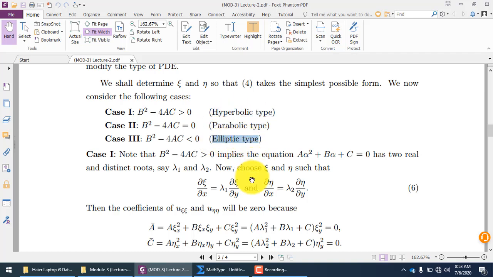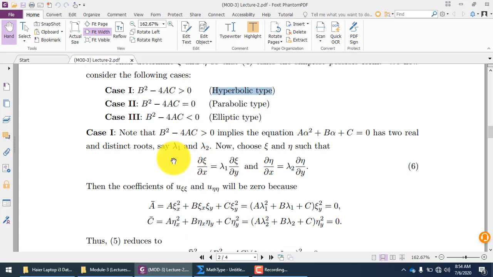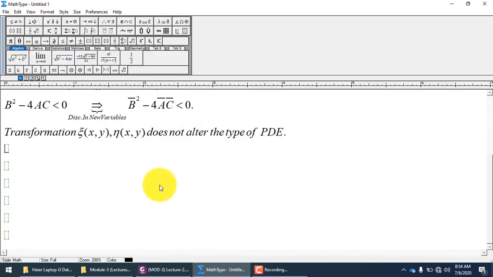Firstly, we will explain what the elliptic case is, or maybe I think the elliptic case will be much more difficult. Let's start firstly from the hyperbolic case. So let's see what happens. You will be given a hyperbolic partial differential equation and you will be asked to find the canonical form, or natural form, of the partial differential equation. So this is your question.